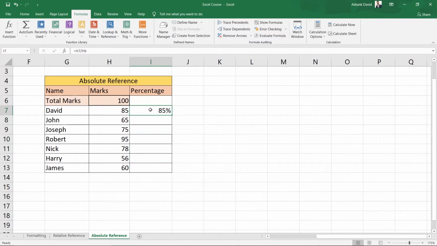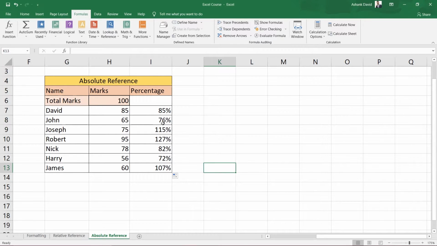So what we can do is the old method: just select that cell. Now from the corner of that cell, I'm going to click and hold, and then drag across the other cells here. If I release my finger, it will automatically calculate the percent. Now you can see there is some problem here. It is not showing me the correct percentages. Why is it not showing the correct percentages?